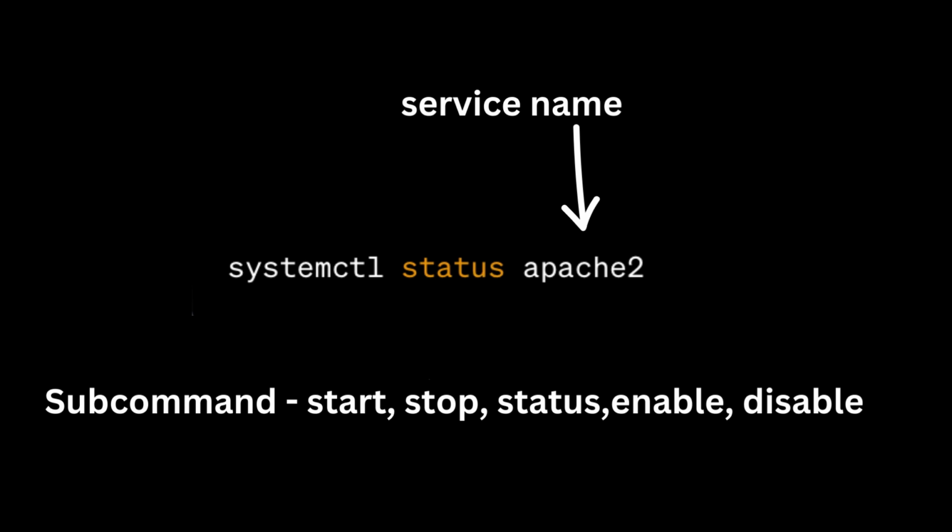This command will display information about the current status of the Apache service, including whether it is running or stopped, and you can use this command with some other subcommands also. Like if you want to stop Apache 2, you need to type systemctl stop Apache 2. So Apache 2 is a service name, and the middle subcommand is basically what you want to do with that